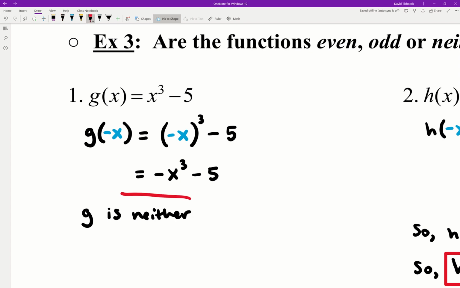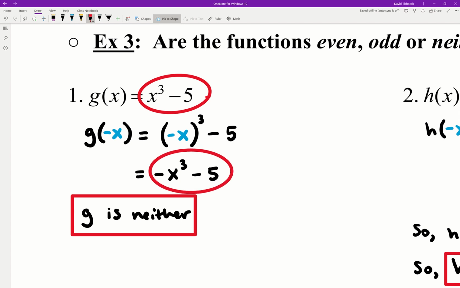Because you can look up above and see that the original g of x was this right here. That was not something that we got right here. These are not equal to each other, okay? And on the same token, if you were to go through and figure out what